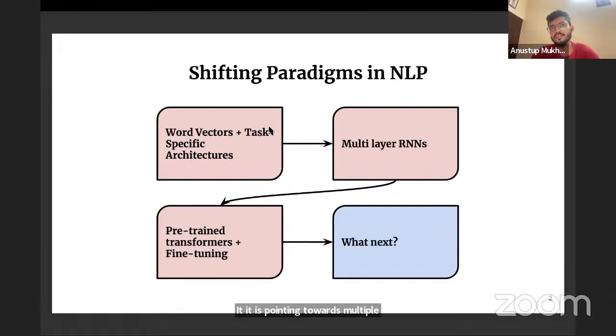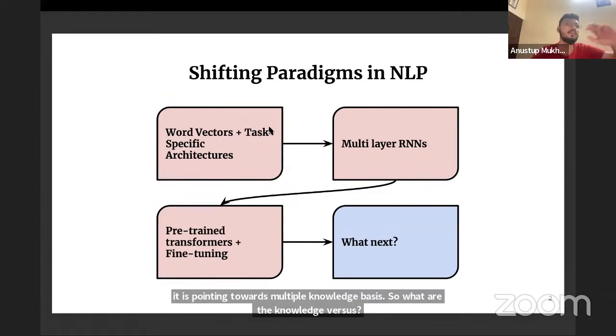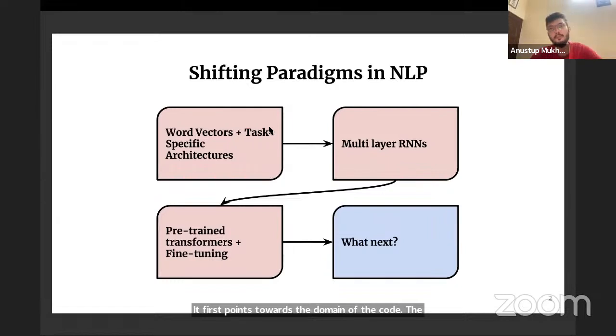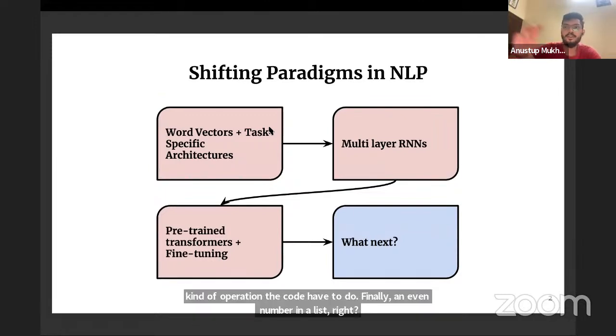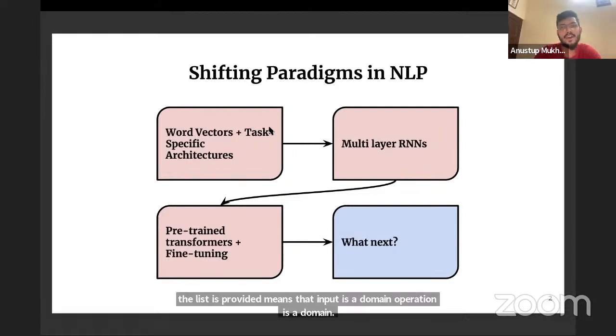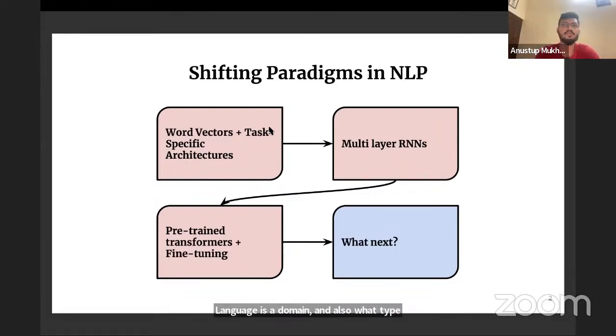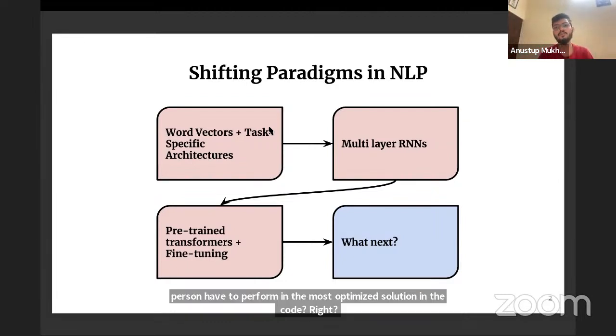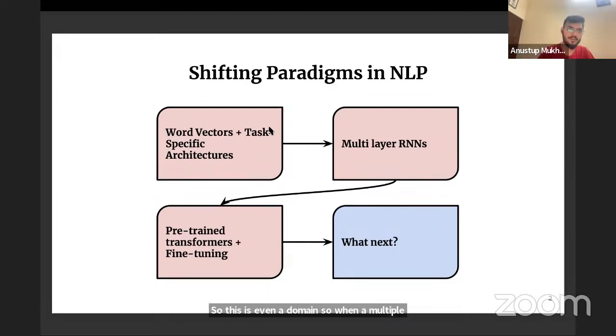So what are the knowledge bases? It first points towards the domain of the code, the domain of the language being C++. What kind of operation the code has to do: finding even numbers in a list, right? Also, the list is provided, meaning the input is a domain, the operation is a domain, the language is a domain, and also what type of action the person has to perform, the most optimized solution in the code, right? So this is even a domain. When multiple domains play within a single line, these trivial engines get confused in shifting from one domain